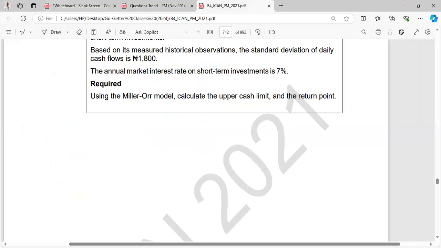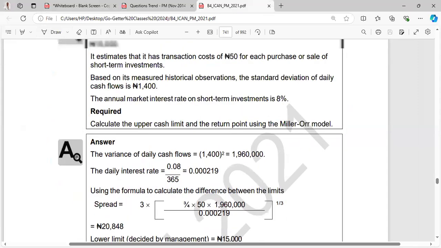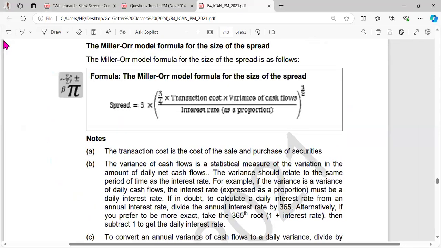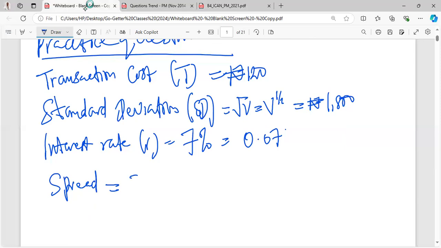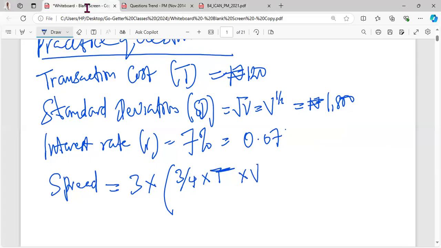I start with 3 multiplied by 3 over 4 times T. Let me say times T, so that I will not be writing too much because we already know what T is, times variance,